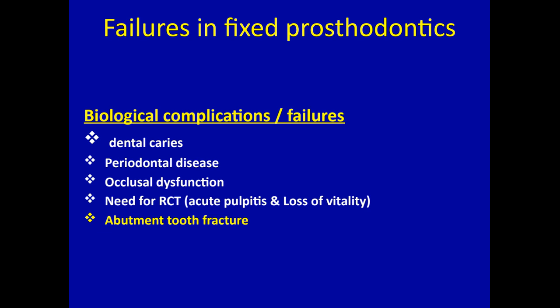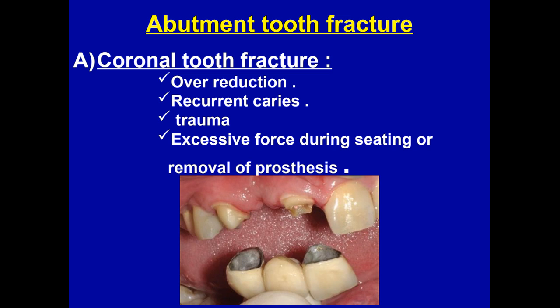Regarding the abutment tooth fracture, the fracture could be a coronal tooth fracture or a root fracture. As we said in this example, there is a coronal tooth fracture of the anterior abutment of a 3-unit FPD. The causes of the coronal tooth fracture include over reduction, the over weakening of the abutment tooth by over preparation,